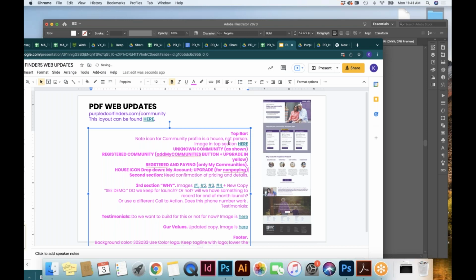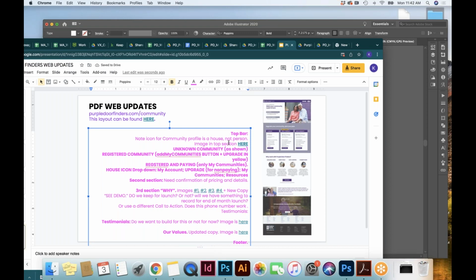What about anything communication wise? Like inbox. If they've gotten text messages or alerts from tour requests, should there be some communication thing in there? Yeah, inbox sounds like a good one. What would you call that?